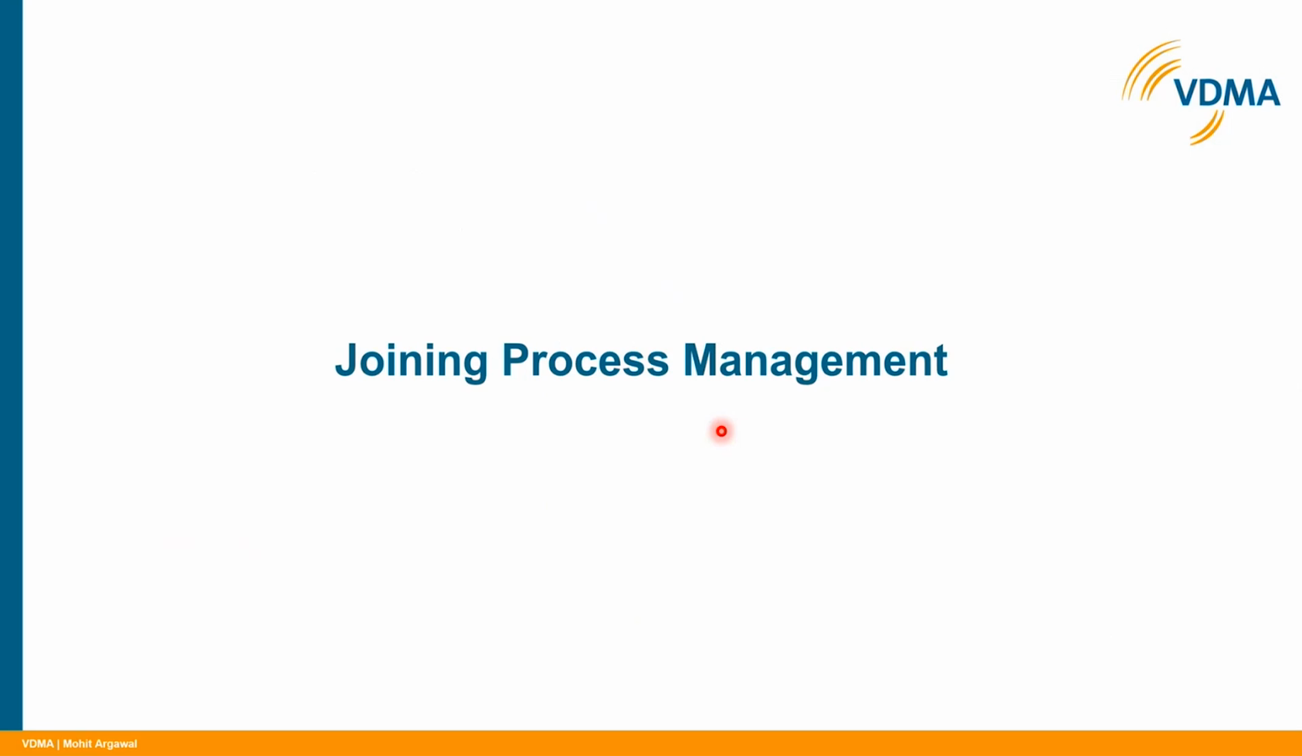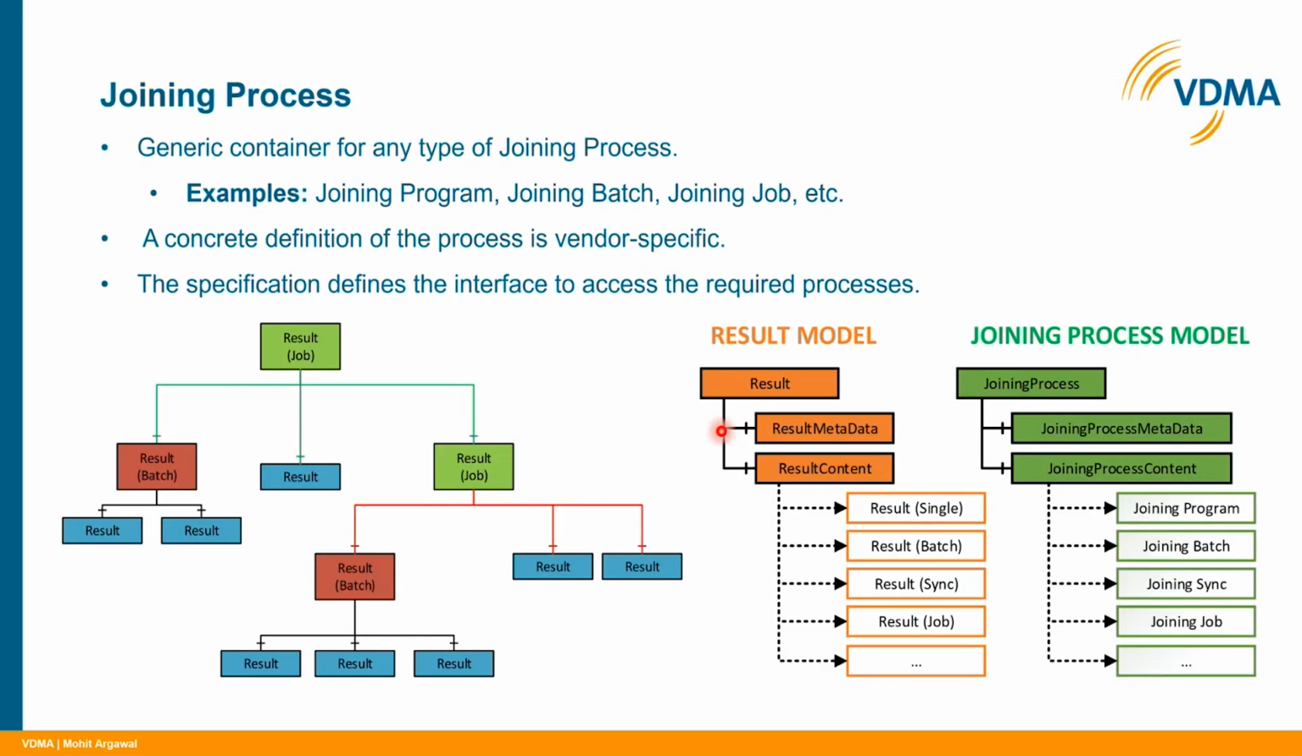The next use case is joining process management. This is also a very important use case. As I have described the result model, we can model a very complex result in a nested hierarchy way or in a flat way. If we visualize this result model, we have also defined the joining process, and it matches exactly with the result model. The joining process will also have metadata, and then it can also have a content, where a single program will generate a single result, a batch configuration can generate a batch result,